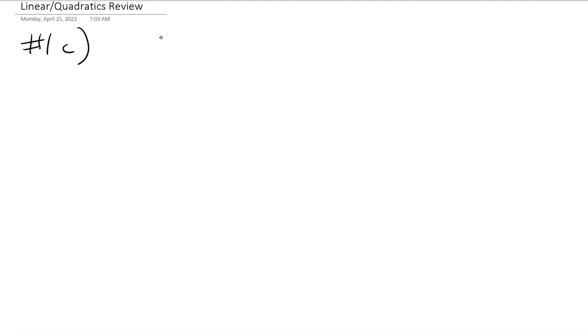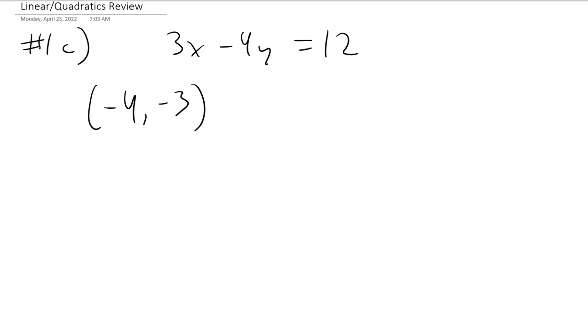Okay, for this one, we are supposed to find the line parallel to this one that goes through the point. Oh, it goes to this point. And then change to standard form. Okay, so